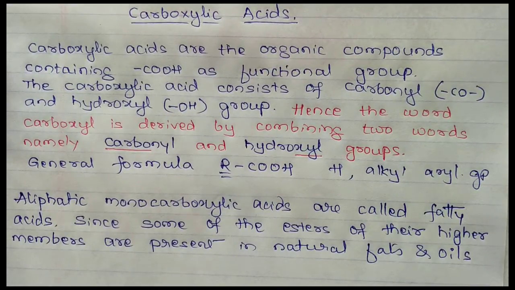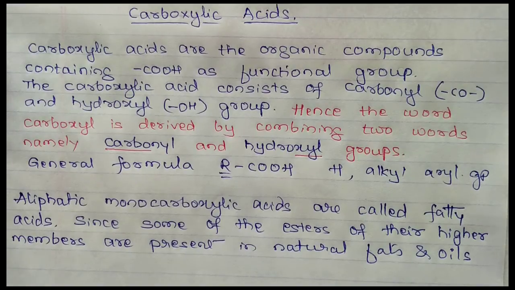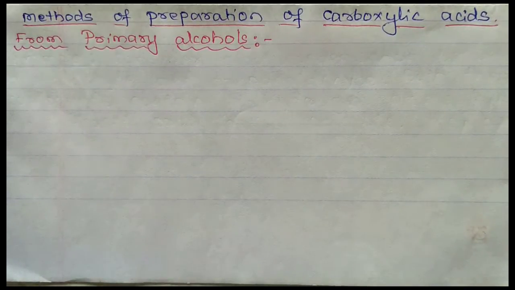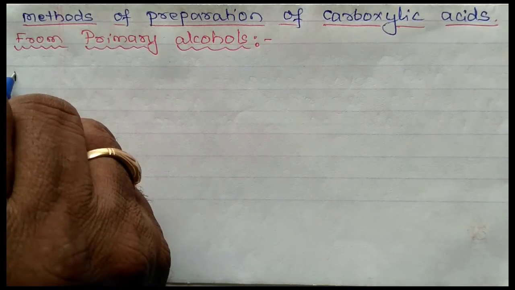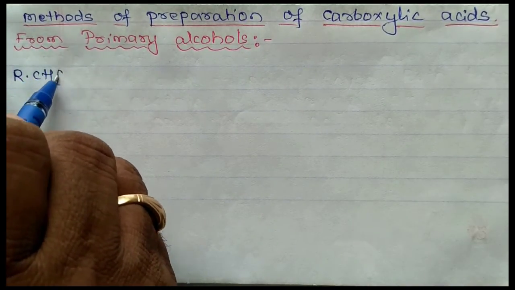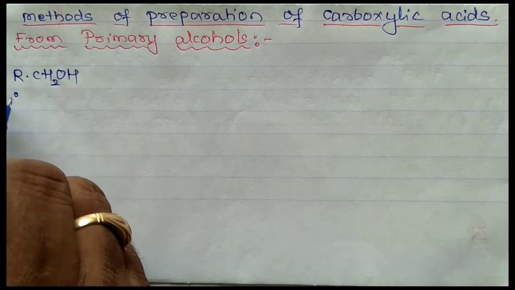This is about the introduction of carboxylic acid. Now we'll discuss methods of preparation of carboxylic acids. First we'll discuss the preparation starting from primary alcohols. Primary alcohols, this is the general reaction, RCH2OH, primary